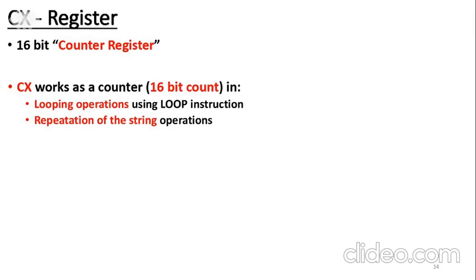And because that counter has reached 0 here, it won't go back to repeat the execution, but it will come out of that loop. And we say that my loop got executed a total of 50 number of times. So in such a type of looping operation here, the CX register works as a counter. In case of string operations and their repetition, CX can be used as a counter register.